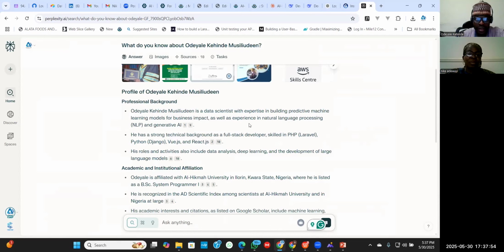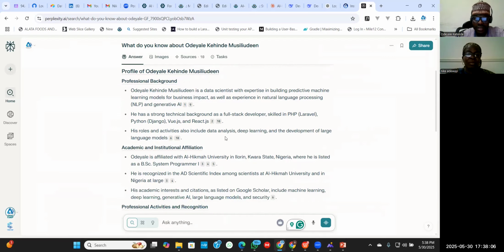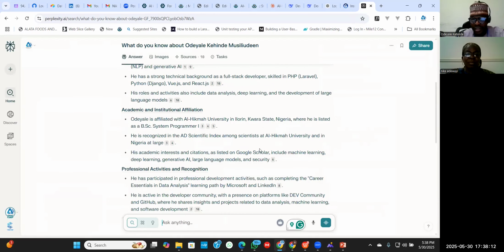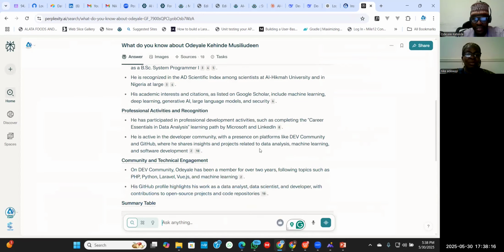So you can say data scientist with expertise in building predictive machine learning models. Okay, can you see? You can also enter your own name. So it will generate. Can you see?